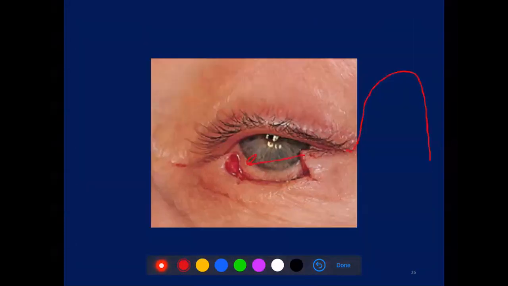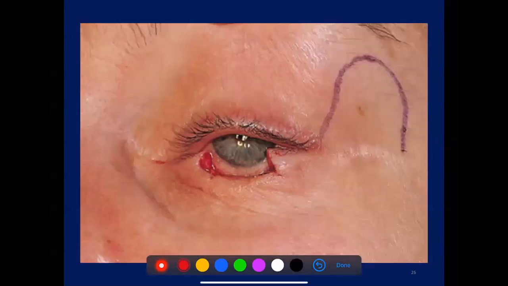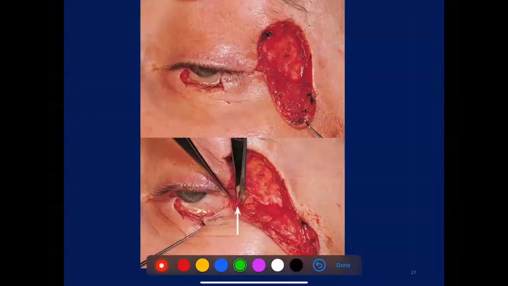So I cropped the image on purpose. So this is how to draw the tensile flap. So as you mentioned, if you have the lower lid, it should go the opposite direction. However, if you have the upper lid, it should go like this. And a very important point that you mentioned is you have to do canthotomy cantholysis. So as you can see here, this is incision and undermining. However, we have a fixation point here that you need to release, which is the lateral canthal tendon. So because you have a defect of both lamellae, you need to do